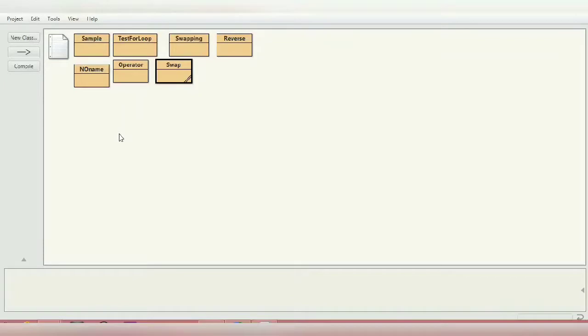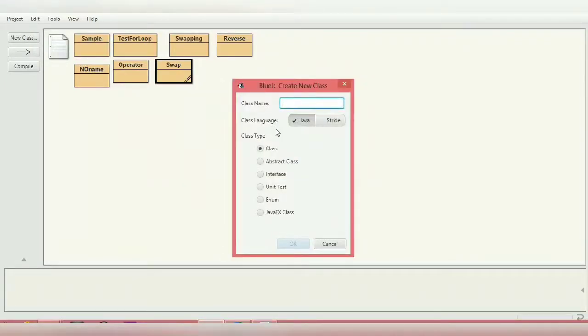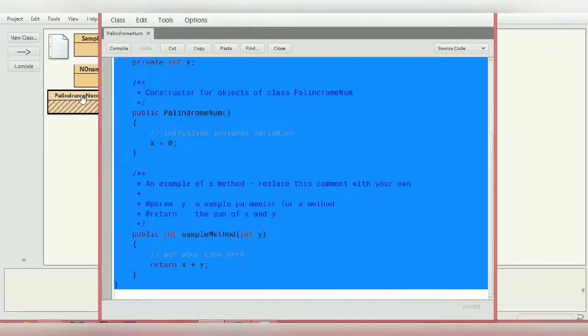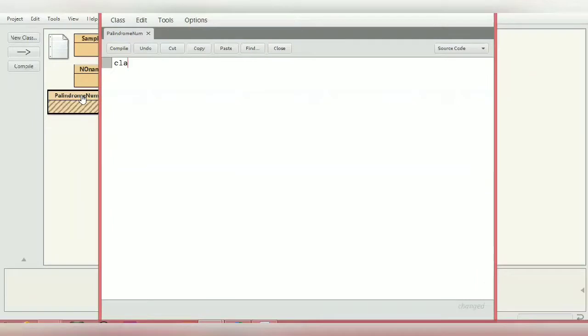We'll create a new class and we'll give the name of the class, say palindrome number. So I'm giving palindrome number. Okay. So double click on it, Control A, delete. So class name is palindrome number.